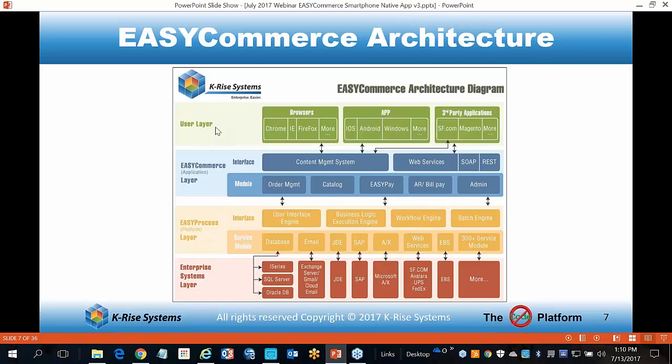Let's talk about the user layer. To put things in perspective, I'm going to focus originally on showing you our browser. Then I'm going to switch from our laptop and desktop browser to show you how it looks on the browser on an iPhone. Then from there, I'm going to go into the native app, our iOS and Android app, and show you that. And also keep in mind that